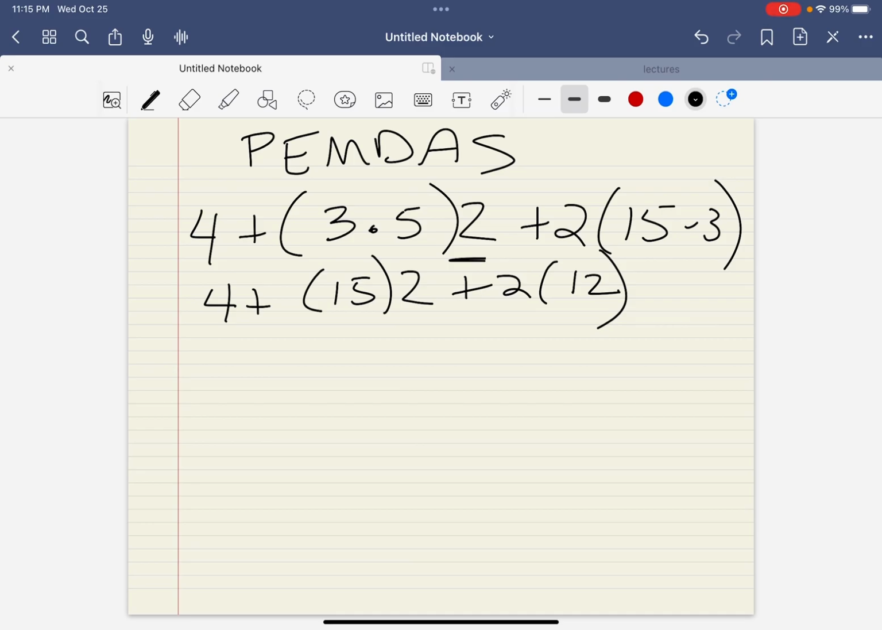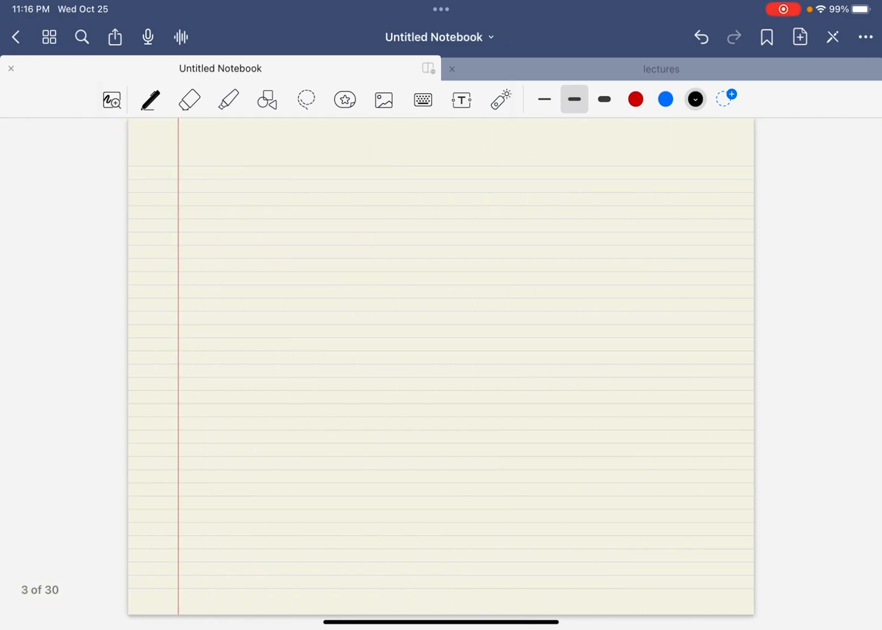Okay, so now we do the multiplications and division. There isn't any division, so this will be 4 plus 15 times 2 is 30. Plus 2 times 12 is 24. And now all we have is addition, so you can add in whichever order you want. 24 and 4 is 28, and 30 would be 58. Okay, so the next one